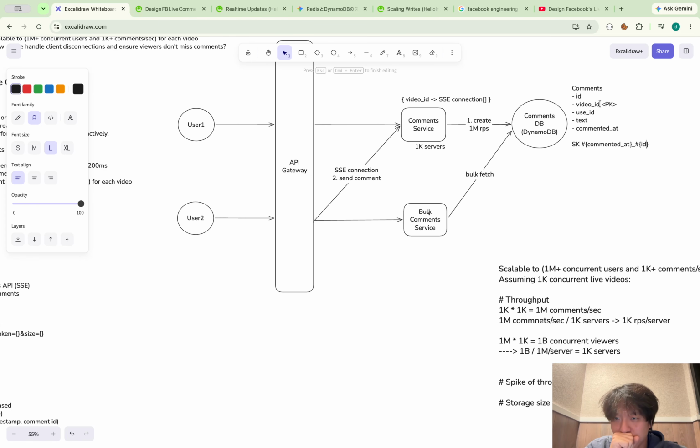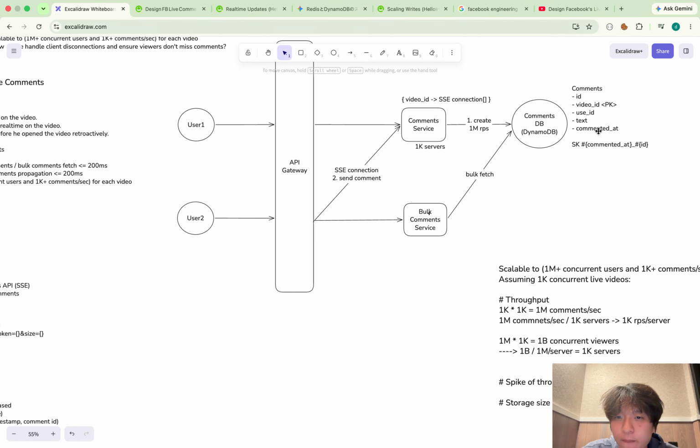So what happens is internally DynamoDB decides the number of shards in a good way. So yeah, I don't have to think of the database sharding anymore. So that's why I'd like to go with DynamoDB. Okay.